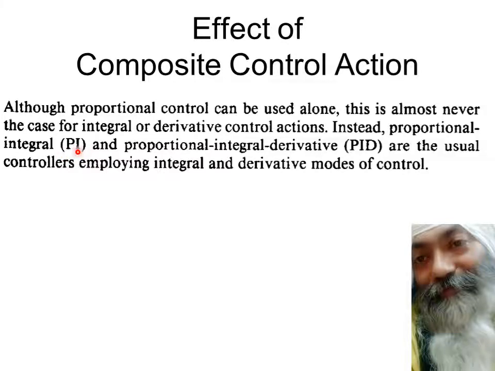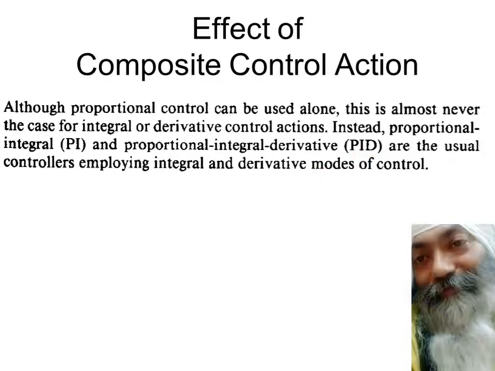The moment we introduce I, it increases the order. It makes the system sluggish. And in order to make it faster, when you increase the gain, it starts showing oscillatory behavior. To reduce these oscillations, to reduce this overshoot, you introduce the value of D as such. So this is something we go in for in case of PID.